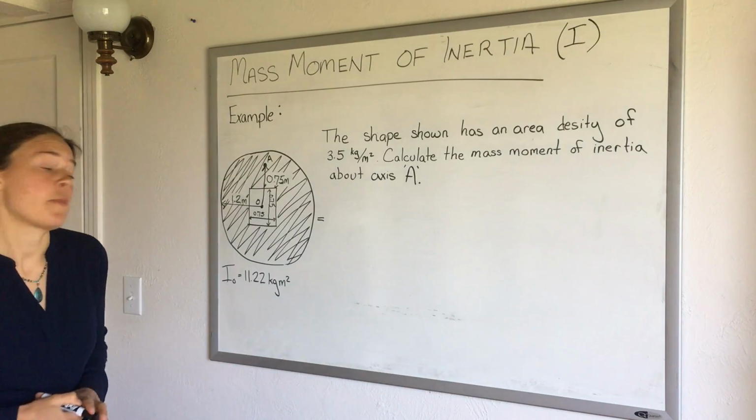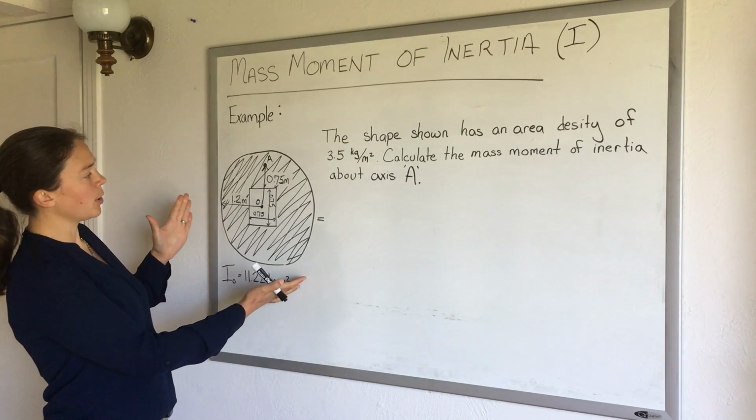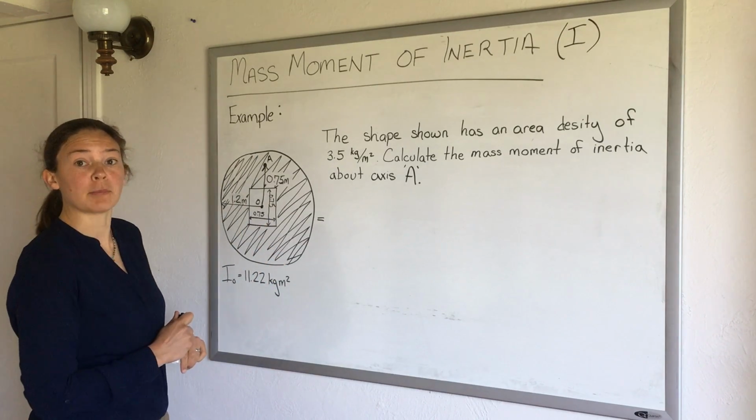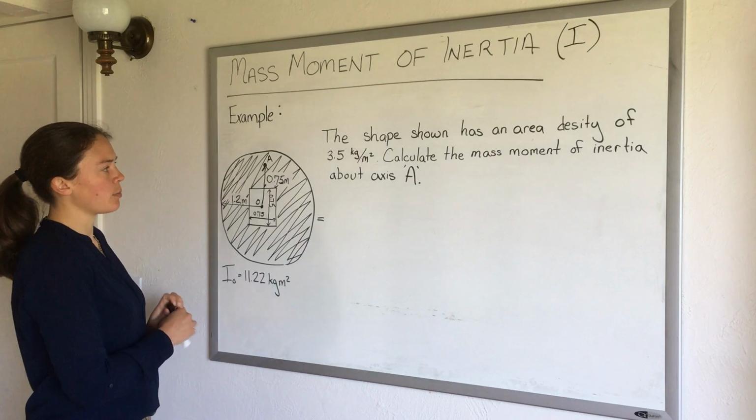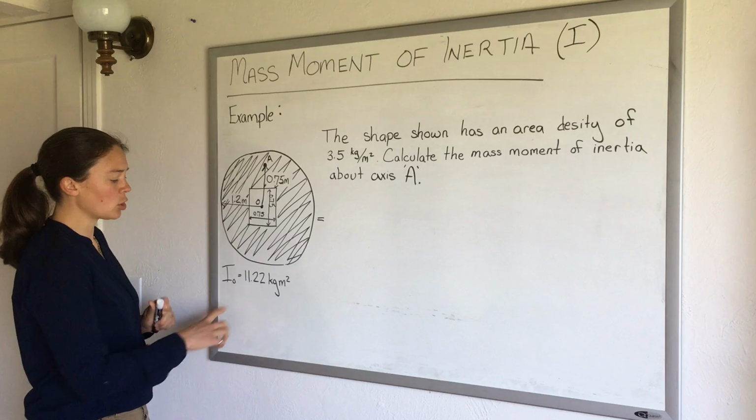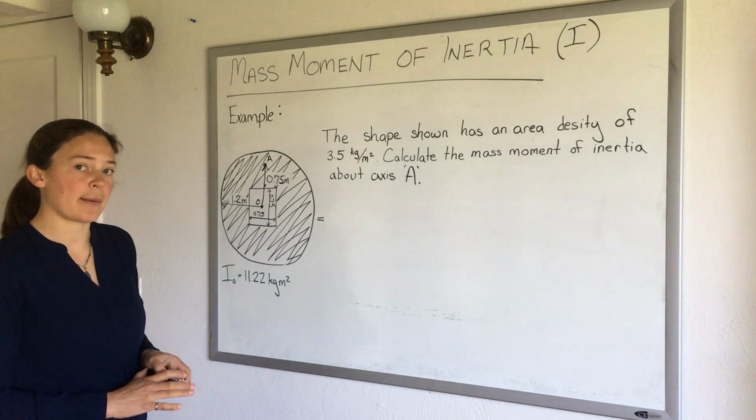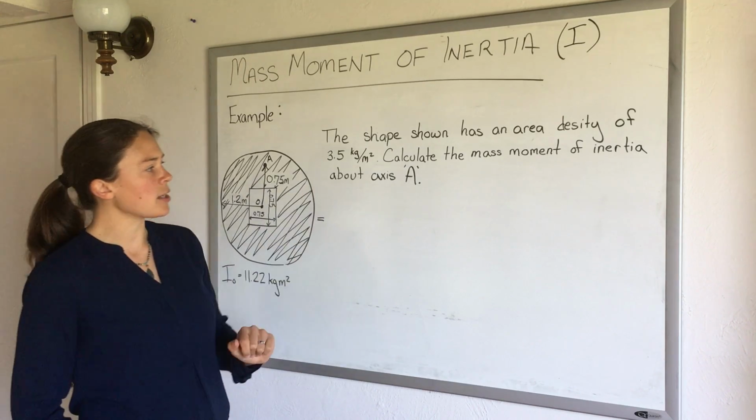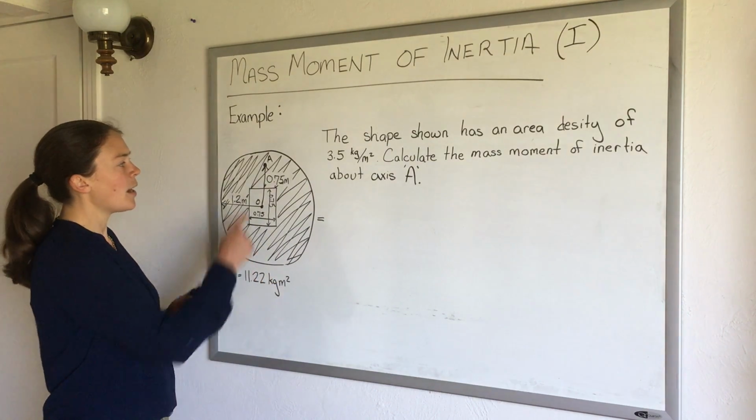In a previous example, we calculated the mass moment of inertia of this shape, a circle with a square missing from the center, and we calculated the mass moment of inertia about the center of this object. And we found that that mass moment of inertia was 11.22 kilograms per meter squared. And now in this example, I ask us to calculate the mass moment of inertia of this object about the